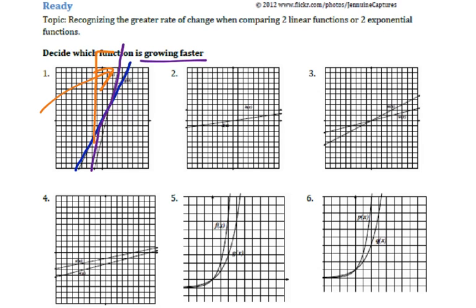Well, I think it should be pretty apparent that it's the purple one, which I believe they called f of x. Right there, you got f of x and g of x. So the function f of x is growing faster. If you look at number 2,